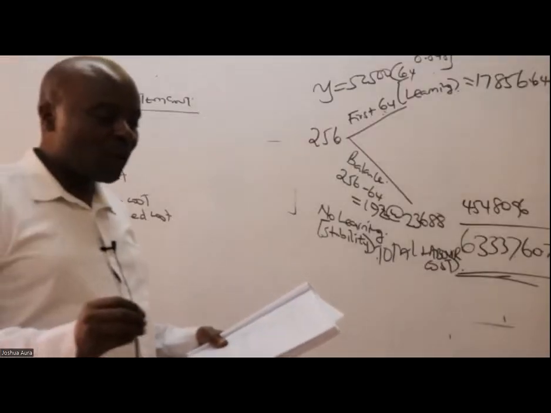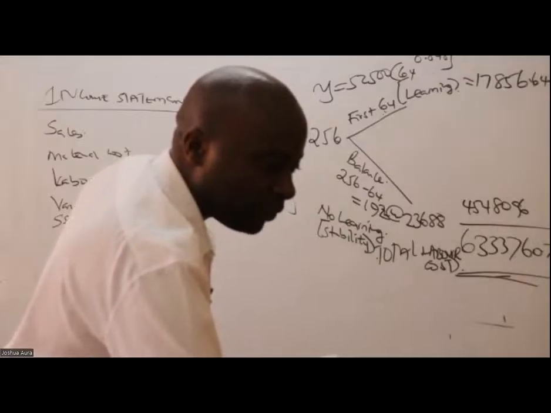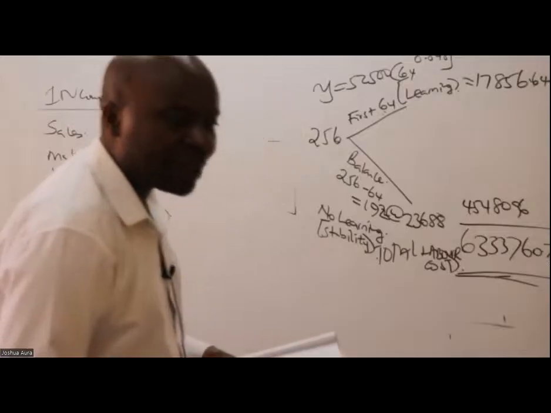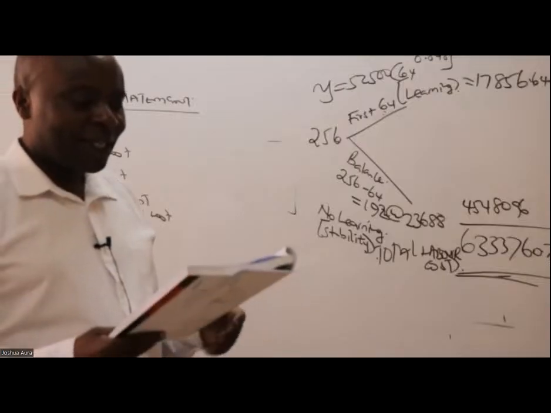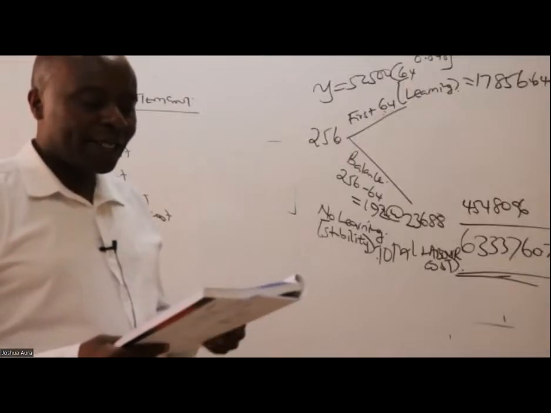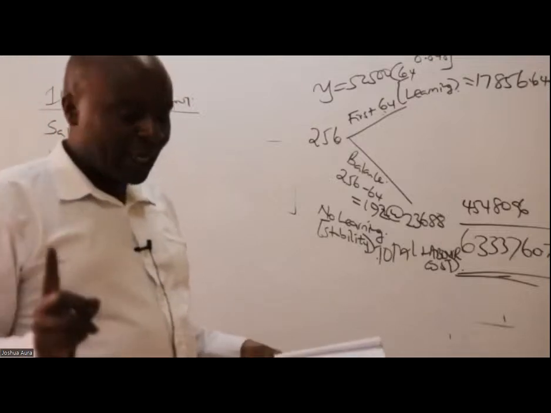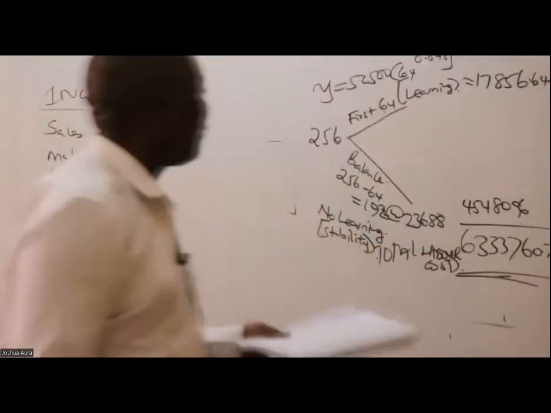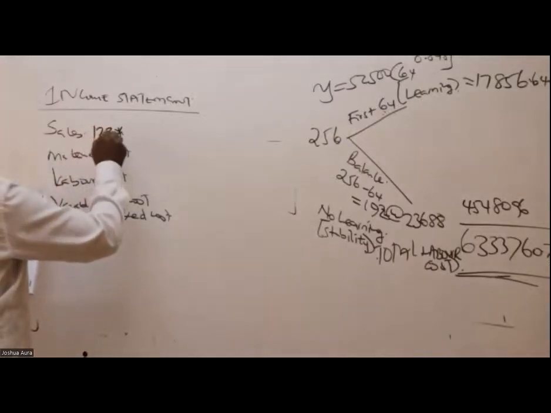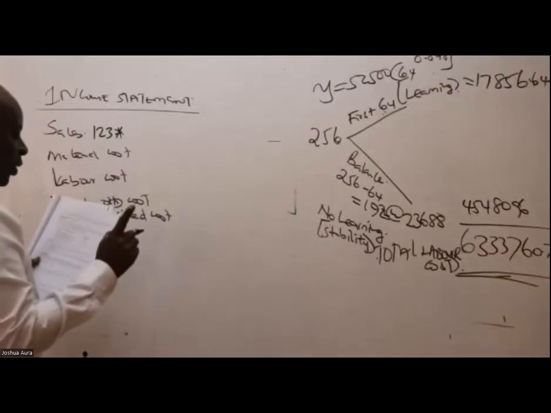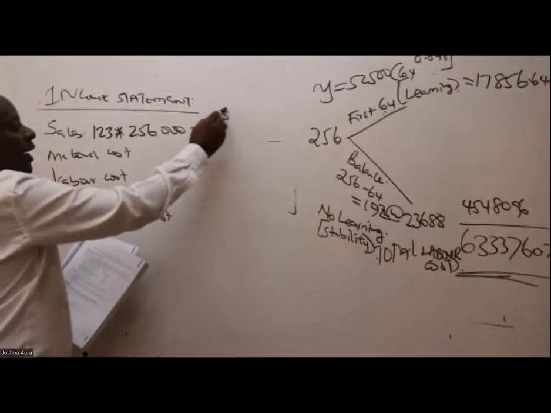They have expressly told us that the selling price is per what here? It is per unit. So meaning that I must take the 123 and multiply it not per batch, but for units. So I multiply this with 256,000 like that. So could you kindly give me a figure here?